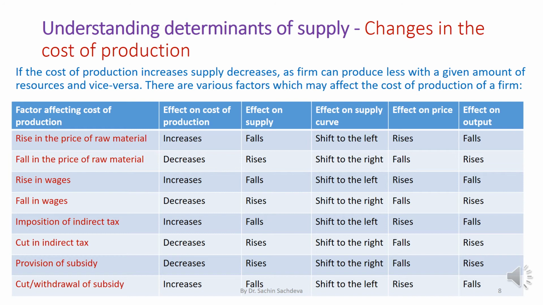Effect on supply, as I mentioned, the supply curve therefore will shift to right, price will fall, and output will rise. The reverse may happen when government cuts the subsidy provided. Like in India, the government of India used to provide subsidy on petrol. People are more concerned about the environment nowadays than ever before. So the government of India is slowly and steadily withdrawing subsidy from petrol because burning of petrol causes harm to the environment. So that can be an example where the cut in subsidy happens.